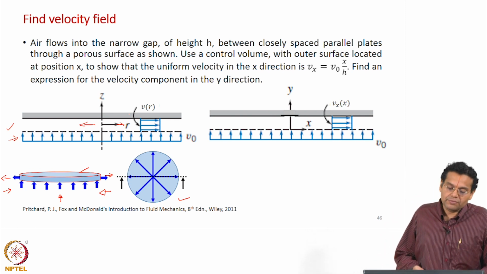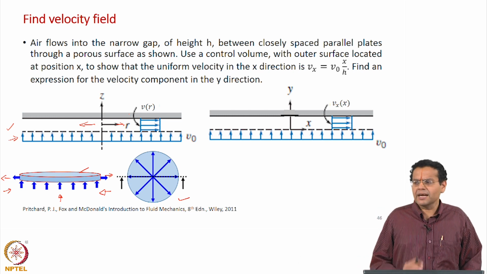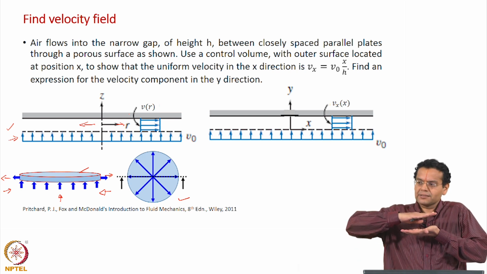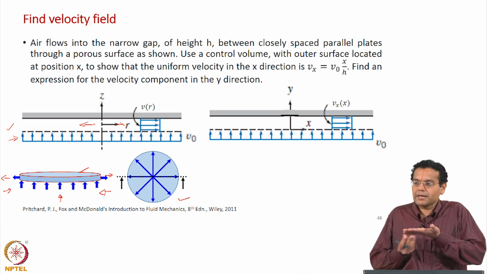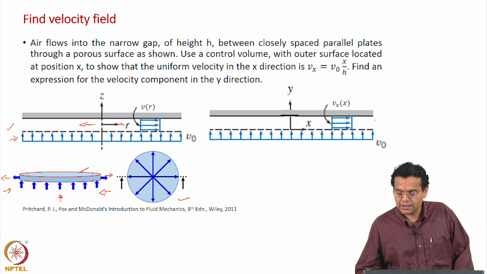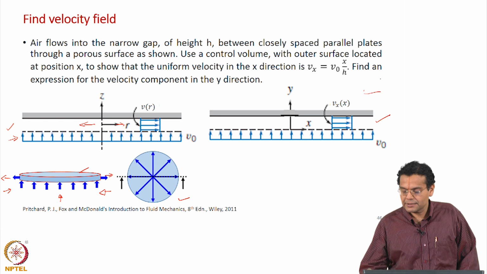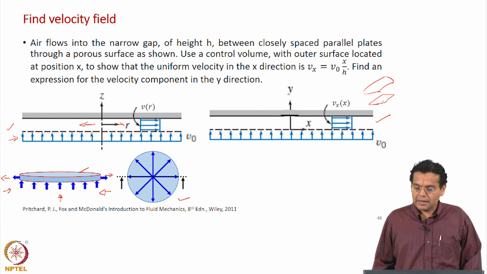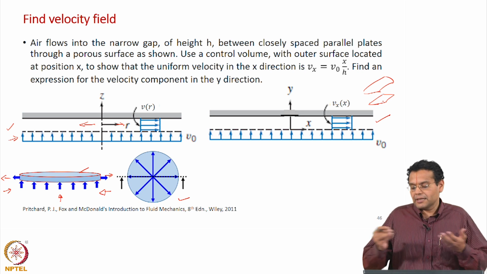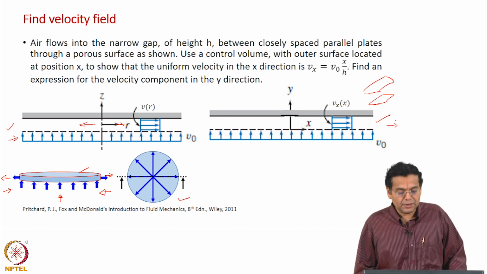Now, analysis of this will require a cylindrical coordinate system. Once again, we want to restrict to the Cartesian coordinate system. So I take just two plates, not a circular geometry, just two plates of width W, and the bottom plate is porous, and analyze the same situation in Cartesian coordinates, and that is what is shown on the right hand side. In this case these are plates, the top plate is not porous, the bottom plate is porous, and the gap is very thin, and we are seeing how flow takes place in the x direction, what the velocity profile is, etc. Let us now read the problem.